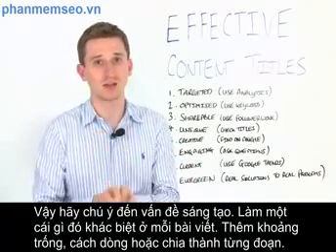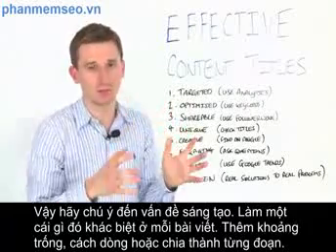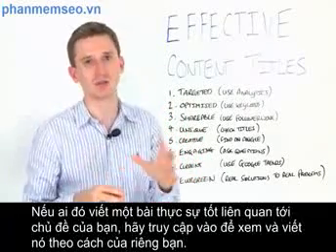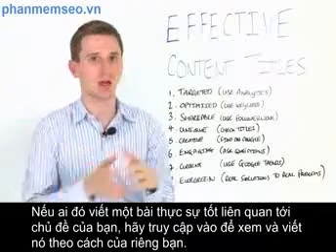So this moves us on nicely to point number 5. You want to make sure your titles are creative. So find an angle. Do something that's slightly different to all the other posts out there. Look for gaps, look for niches. If someone's written a really good blog post around one topic, counter that with a different argument.